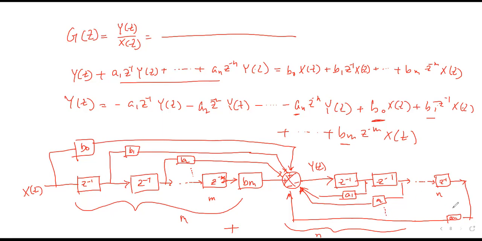Okay, so next one is the standard programming. In the standard programming, the idea is we share the delay elements and arrange them in such a way that we can minimize the number of delay elements. How can you do that? The procedure is very simple. The same function that we are using,